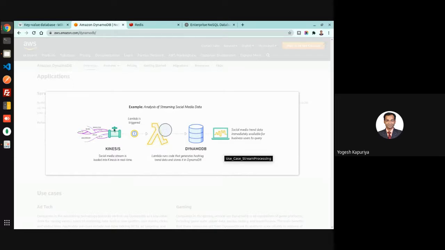Because you are dealing with social media data, you have the social user, and each user is an individual one. There don't exist two users with the same identity. So obviously that user identity can be your key, and the entire profile, or whatever posts that particular user is making, all the activities, can be its value.